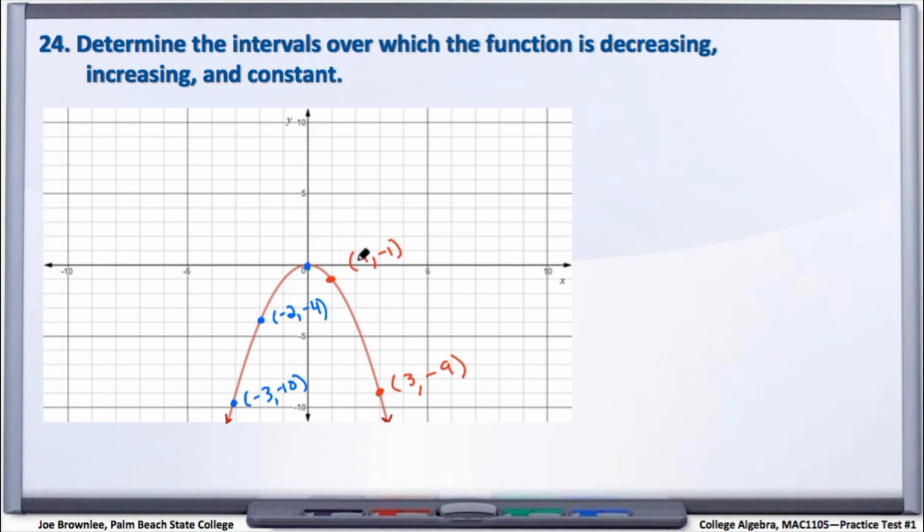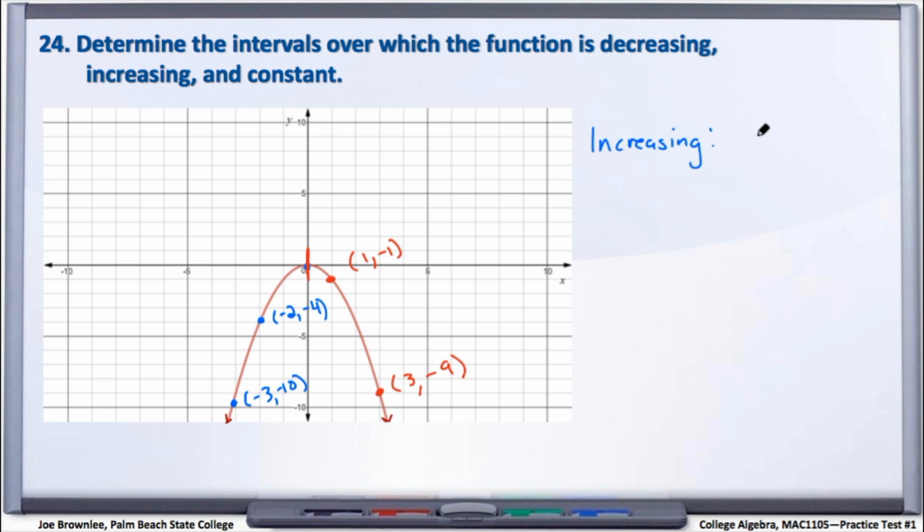So as the x's are getting bigger, notice we went from +1 to +3. That's an increase. They got bigger. What did the y values do? They got smaller, didn't they? They went from -1 to -9. So something is happening right here at the vertex. There's a change. So we can say that this function is increasing because as the x's get bigger, the y's